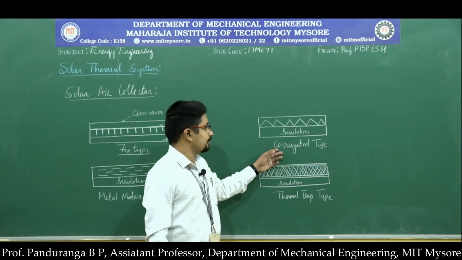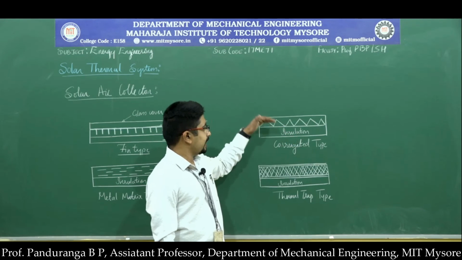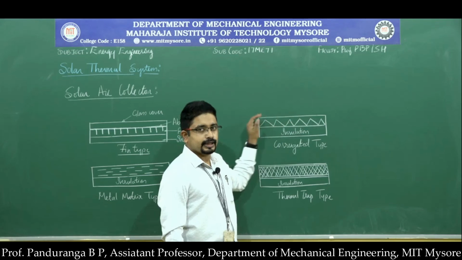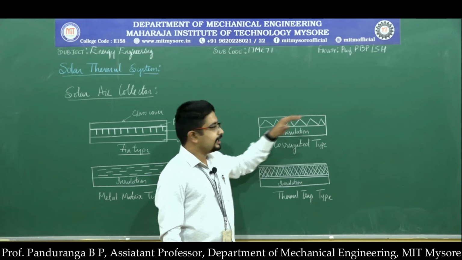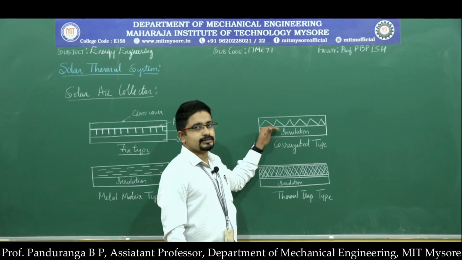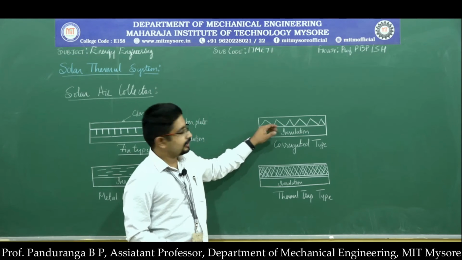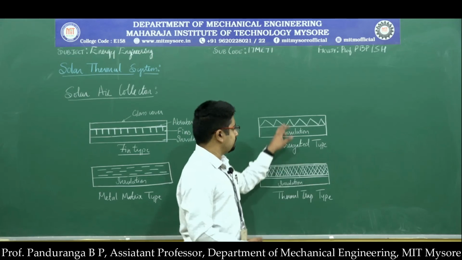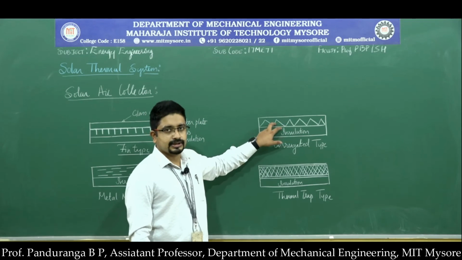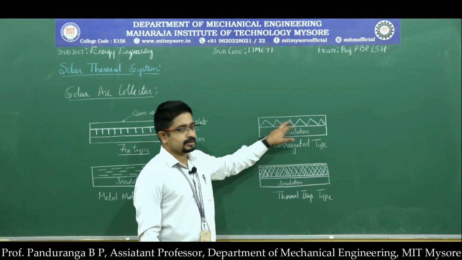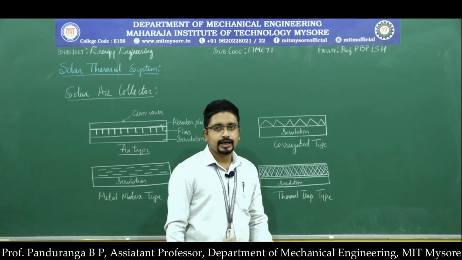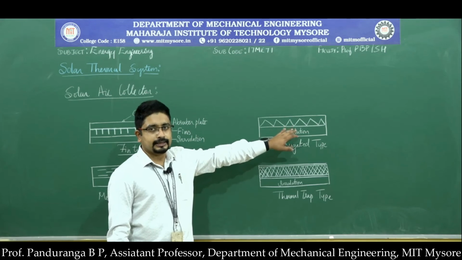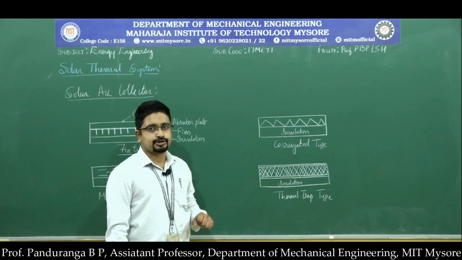And then we have the corrugated type, where we have the flat plate collector. So here we have the glass at the top, then on three sides it will be well insulated, and at the bottom, instead of having an absorber plate here, we have a corrugated structure which acts as an absorber plate. So the air will be made to flow above and below this, and as the air flows between the corrugated plate, it absorbs heat energy from the corrugated plate, and the corrugated plate will be painted dull black to increase the absorption rate.